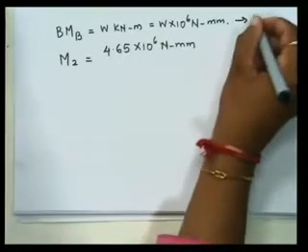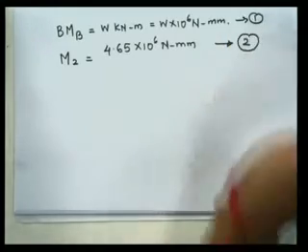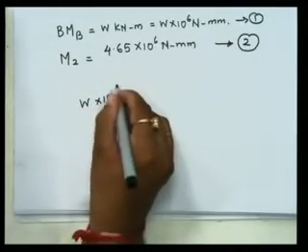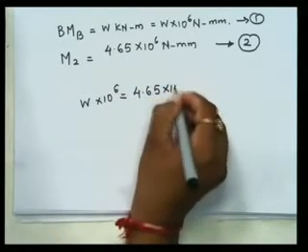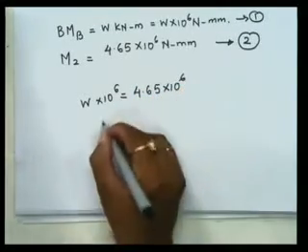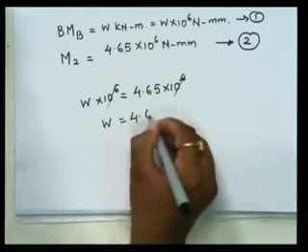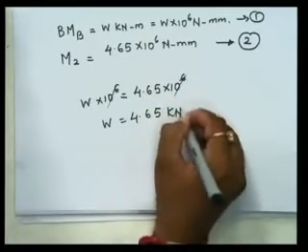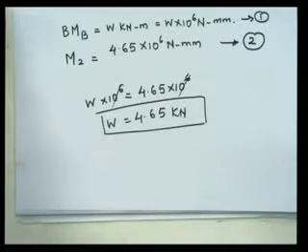So I can equate equation 1 with equation 2. So W into 10 to the power 6 is equal to 4.65 into 10 to the power 6. So we get the answer as 4.65 kilonewtons. Okay, it was a big problem, but a very important problem, because you can see we have to